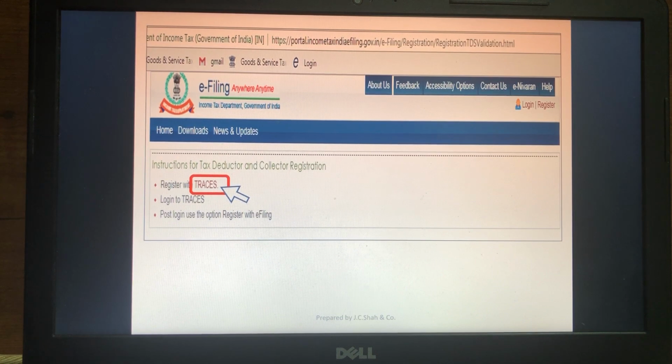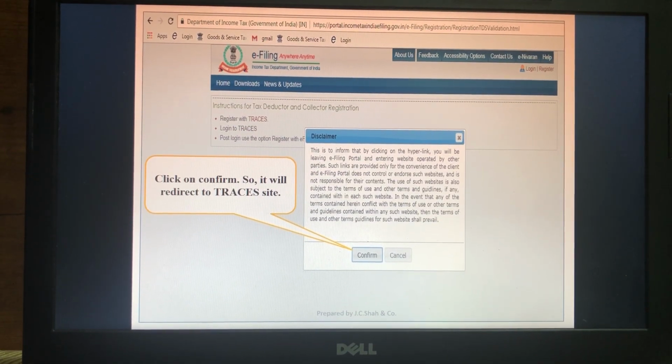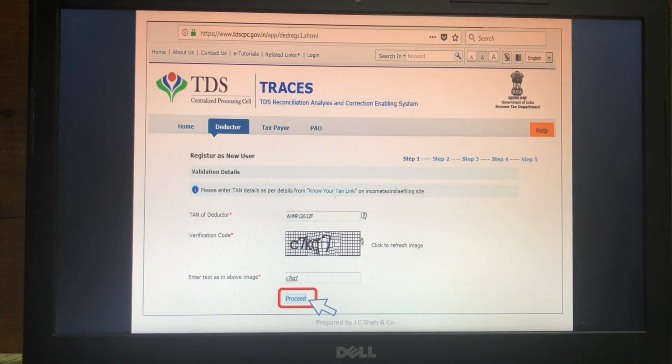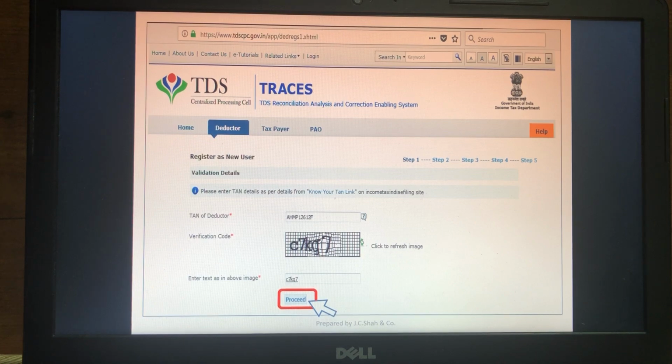Then you need to click on the TRACES website. This will redirect you to the TRACES website from the Income Tax Portal. You need to click on Confirm. Here again you need to mention the TAN number allotted by the Income Tax Department, enter the CAPTCHA code and click on Proceed.